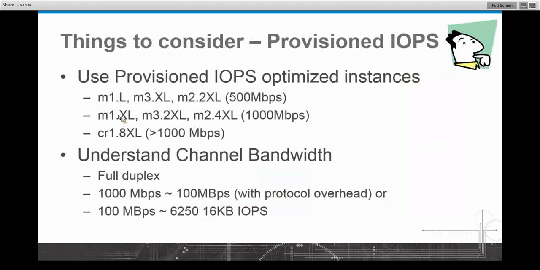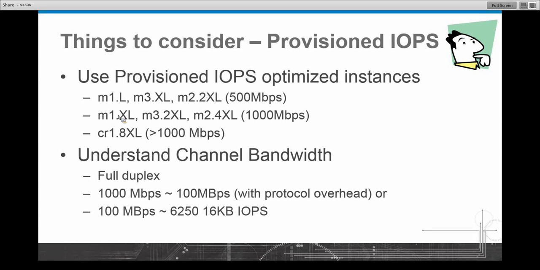So there are some things to consider when using provisioned IOPS. The first thing is, if you're going to use provisioned IOPS, use EBS optimized. There are different instances with different bandwidth associated with them. The thing to remember here is to understand what we mean by that channel bandwidth. When we say, for an M1 extra large, 1,000 megabits per second,